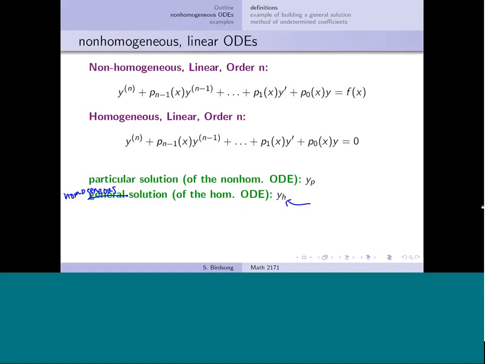Now we'll need to look at our associated homogeneous differential equation, do the same thing we did last week, but now we have an extra component of dealing with our particular solution. Now, why do we need to deal with both of them? Because the actual general solution to your non-homogeneous differential equation, which I'm going to call y, like your book does,